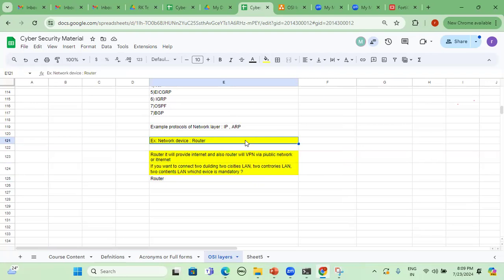So the router is a mandatory device to take care of the virtual private network or IPsec VPN or work from home option or remote VPN or site-to-site VPN or client location access or maybe internet access as well. It will route the traffic. It will use logical addresses called IP address. It will use IP packets. It's a layer number 3 device, or else it is the network layer.